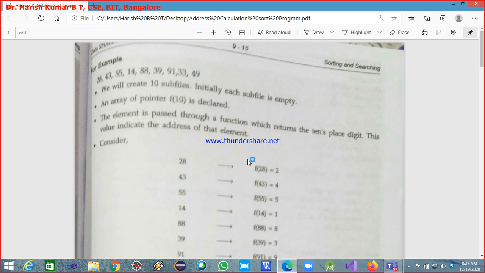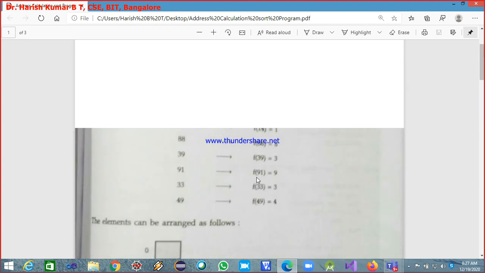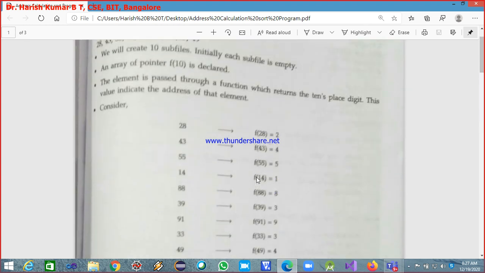So yesterday we understood the implementation till the radix sort. Now we have to understand the implementation part for the address calculation sort, and yesterday you also understood the linear search and binary search. So we will see the implementation of the linear as well as the binary search also. So now I have one more example on this